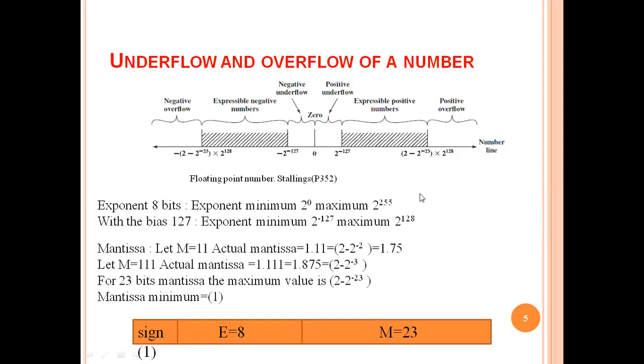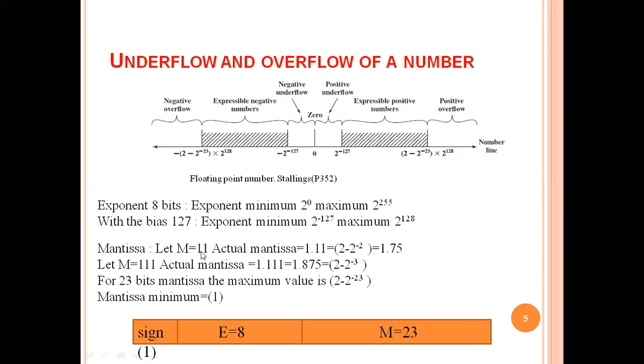You know that in the IEEE 754 number, one bias is used. That bias is 127. So as we are using 127, we have to subtract 127. So 0 minus 127, so 2 to the power minus 127 is the minimum, and 255 minus 127, so 2 to the power 128. This is the maximum exponent. Okay. So this is the exponent. Now there is another part, that is the mantissa part. Clear? See here.